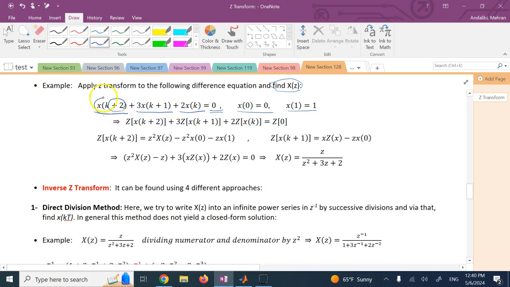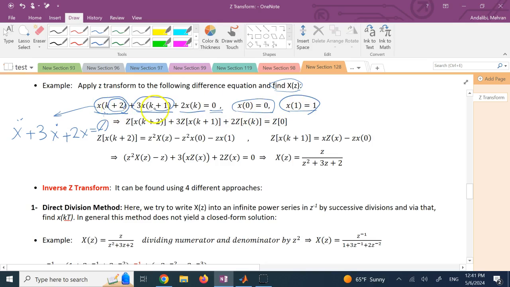This term corresponds to something like x double dot, this term is something like 3x dot, then plus 2x equals 0. So it's like a second order differential equation, but here it is a second order difference equation, so it needs two initial conditions,